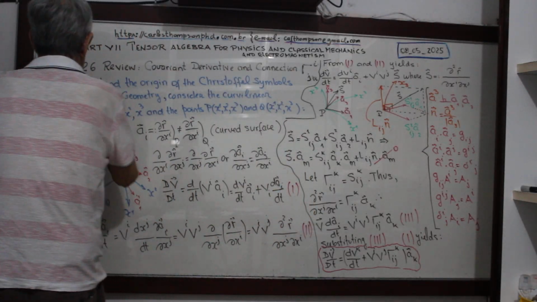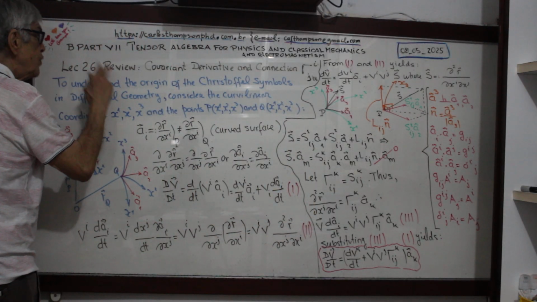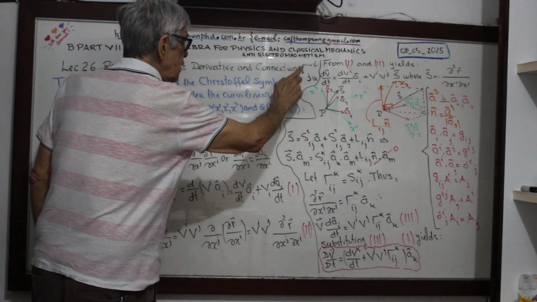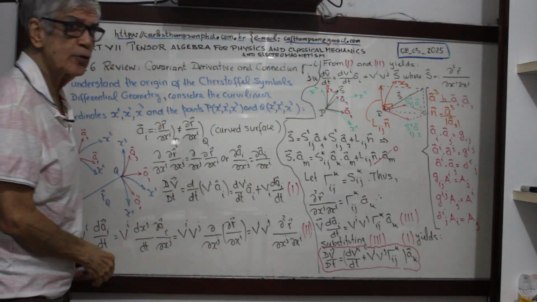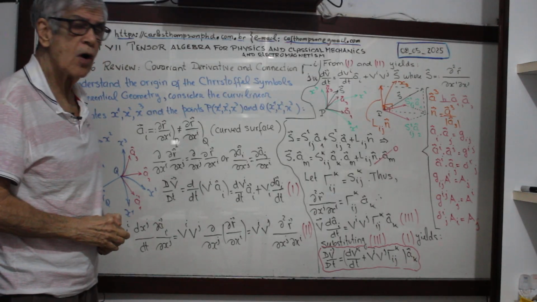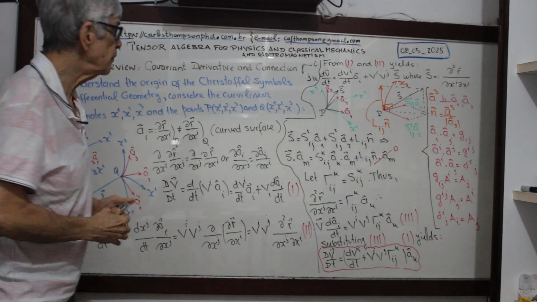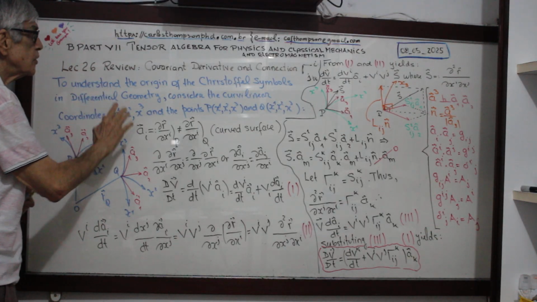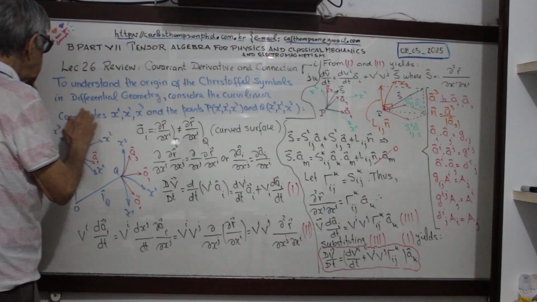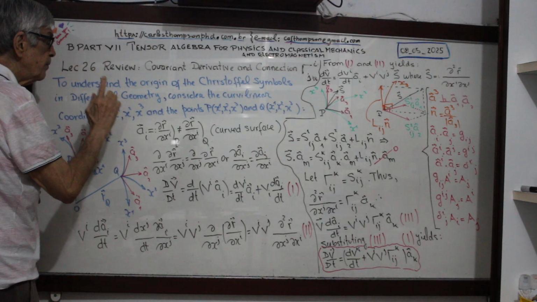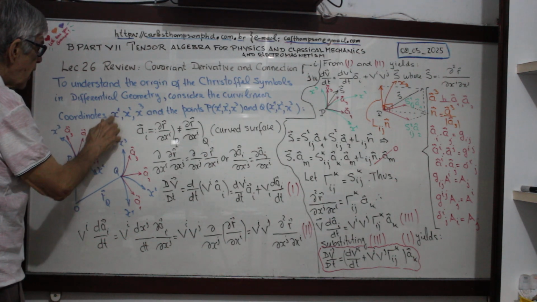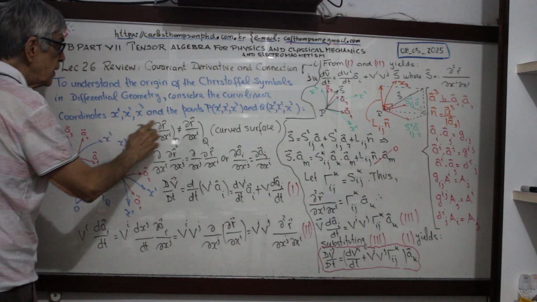Okay, lecture 26, review: covariant derivative and connection. You see, the Christoffel symbols are called a connection. Now, to understand the origin of Christoffel symbols in differential geometry, consider the curvilinear coordinates x1, x2, x3, and the